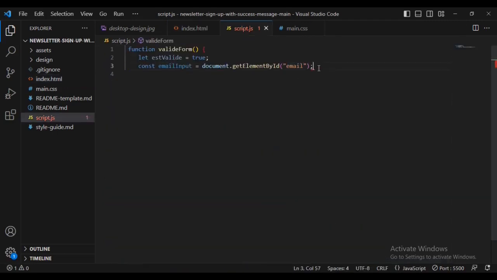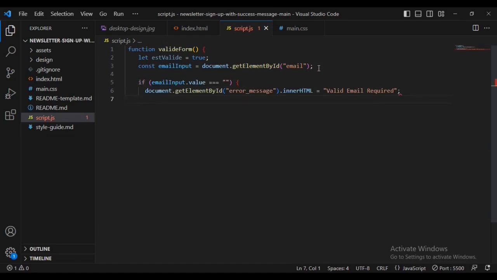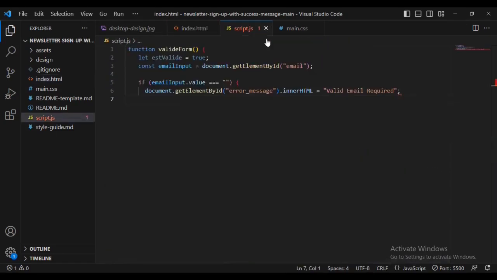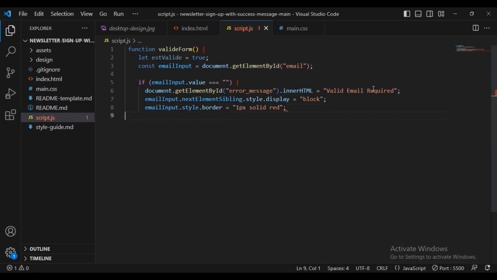If the value is identical to empty, it will trigger an error message that will be displayed, and the innerHTML inside this paragraph text that we have here will be set to valid email required. Then the style display of the email input will be set to block. Then the border of the email input will be set to 1 pixel solid red. Else